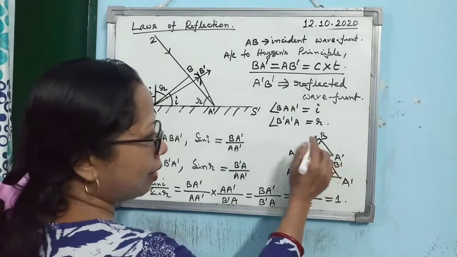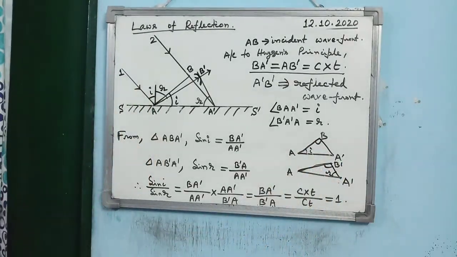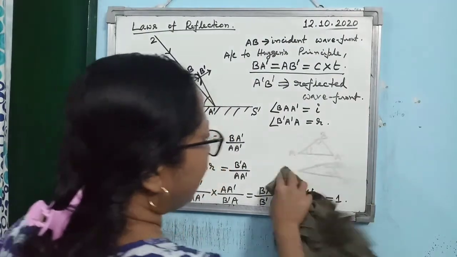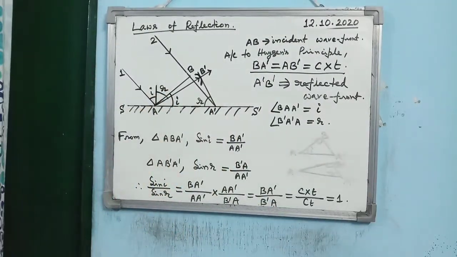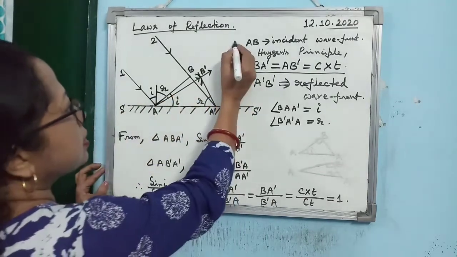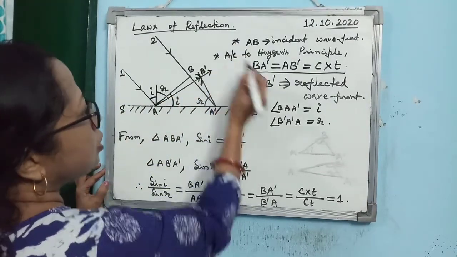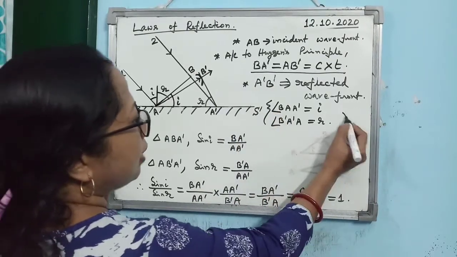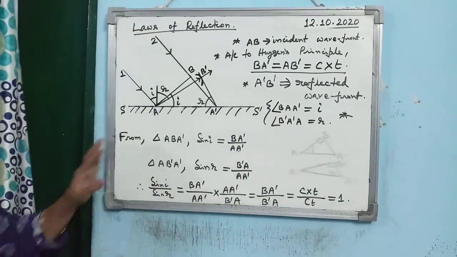Now this diagram you don't have to draw. Alright, remember that this diagram you don't have to draw. So if the derivation comes in exam, then these are the points. These are the points you have to write. Then only you will get full marks. This is another point and then this derivation.